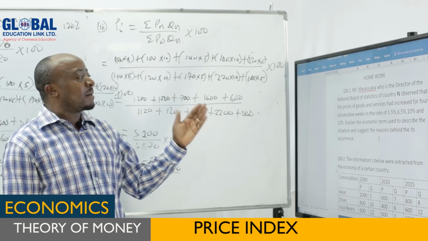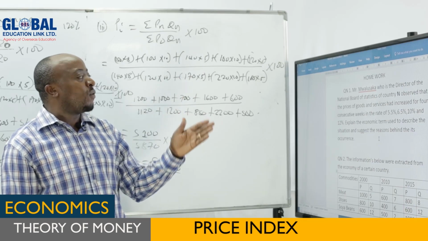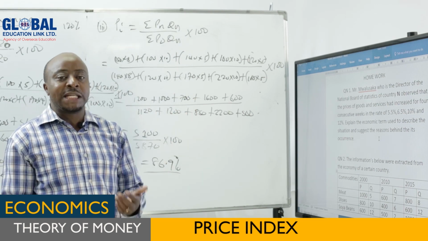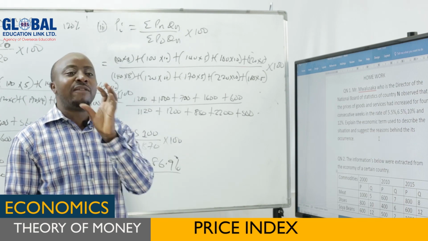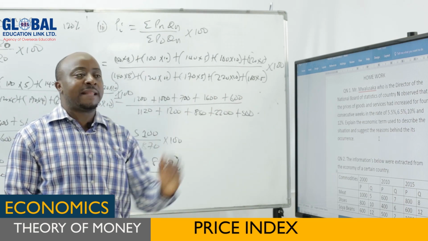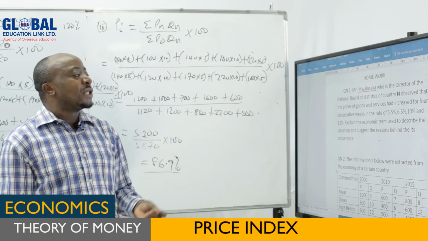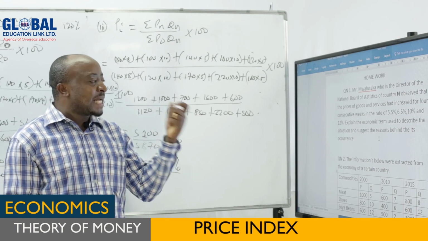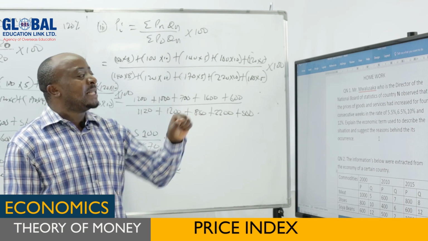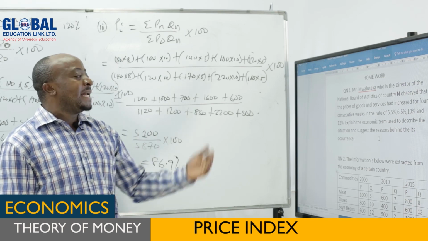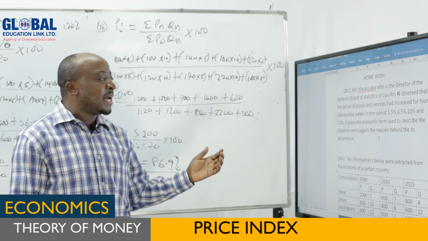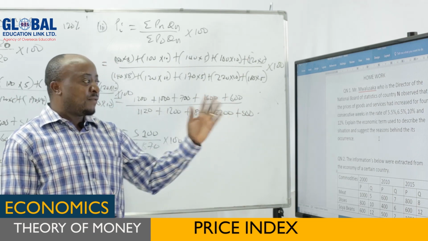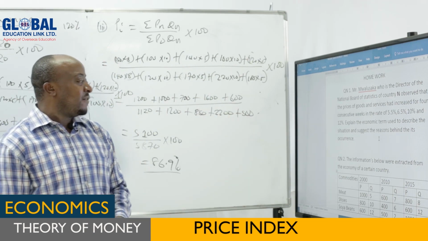It means this Mr. Mwalusaka, who is the director of the National Board, has observed that prices have increased consecutively in 4 weeks at the rate mentioned there. Then we have been asked to explain the economic term that describes that situation. Then suggest the reasons behind that occurrence. What has caused that situation to occur? That is for the first question, we have to deal with it. Then for the second question,